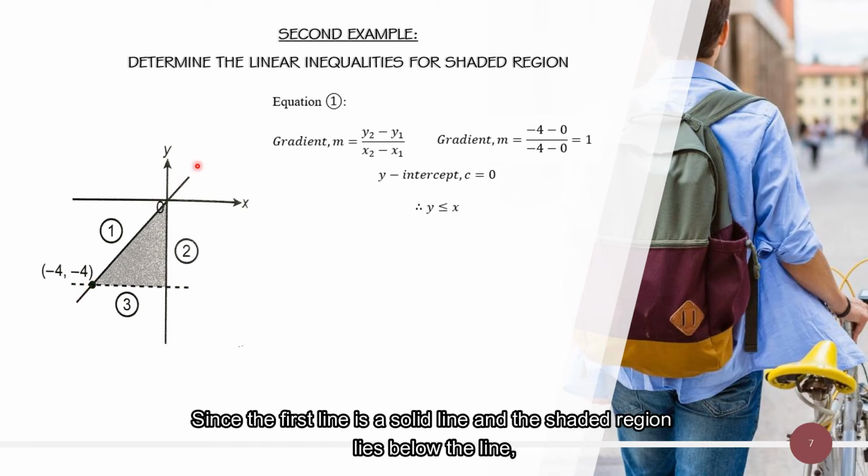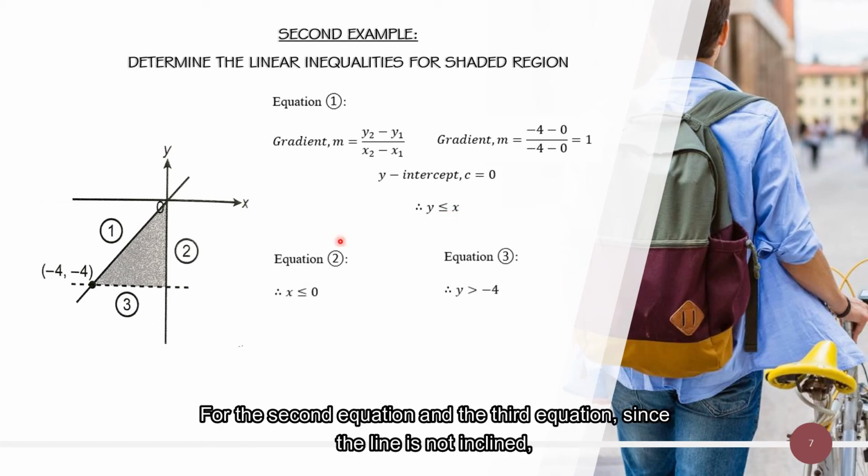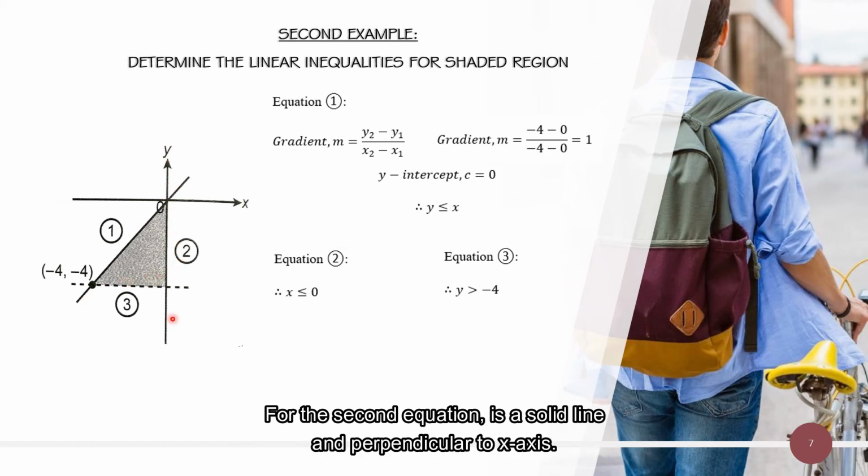Since the first line is a solid line, and the shaded region lies below the line, the sign used is less than or equals to x. For the second equation and the third equation, since the line is not inclined, therefore we don't need to calculate its gradient. For the second equation, solid line and perpendicular to